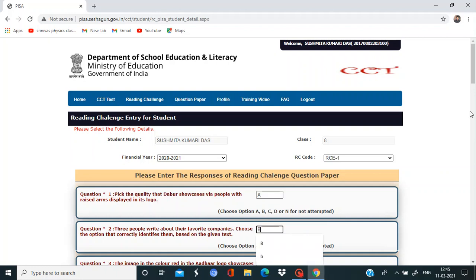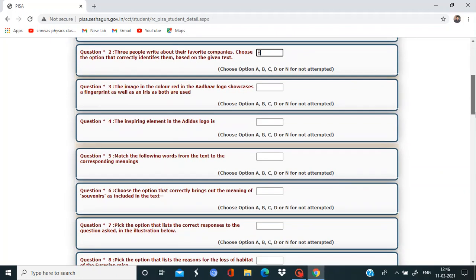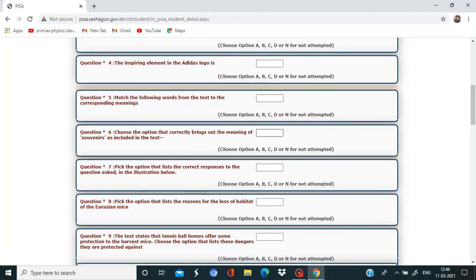Then after that you write the options, either capital A or capital B, whatever the answers you already wrote on white paper for the 30 questions. For those 30 questions, the answer is either option C or D, or if no answer is available, you can write N. If you don't want to attempt any question, then you write N. N indicates not attempted.